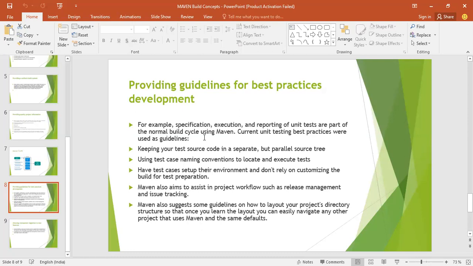Right? Maven also aims to assist in project workflows such as release management and issue tracking. That is also something Maven helps with. Maven also suggests some guidelines on how to lay out your project directory structure. What project directory structure you need to follow, right? And basically how you will navigate from one to another. You can have some child projects inside one particular project,